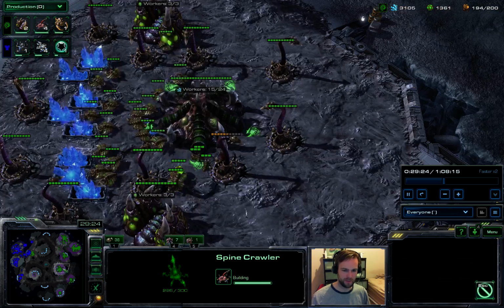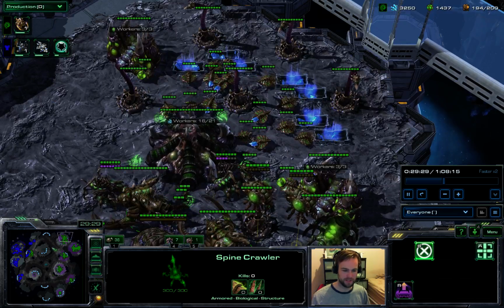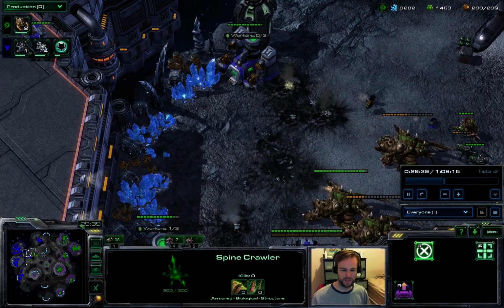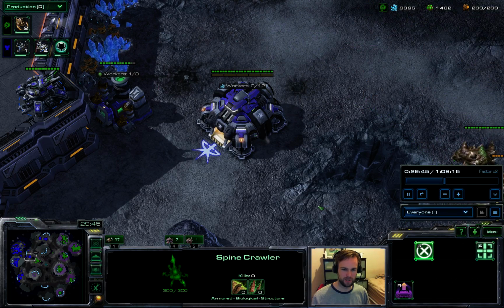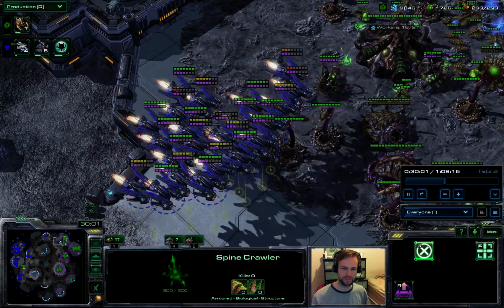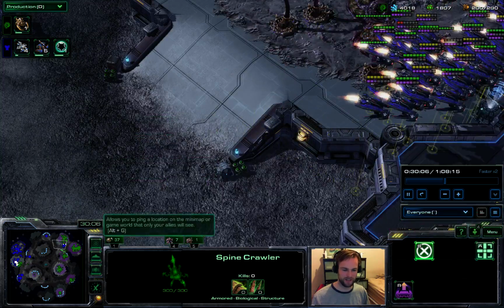Lots of spines at each base. Lots and lots of spines. So usually when I see that many spines, I'm just like, well, I'll let him take that base and mine it out completely, and I'll just try to prevent him from taking the next one. But he keeps taking the next one. He keeps getting tons of spines in the next one, so...